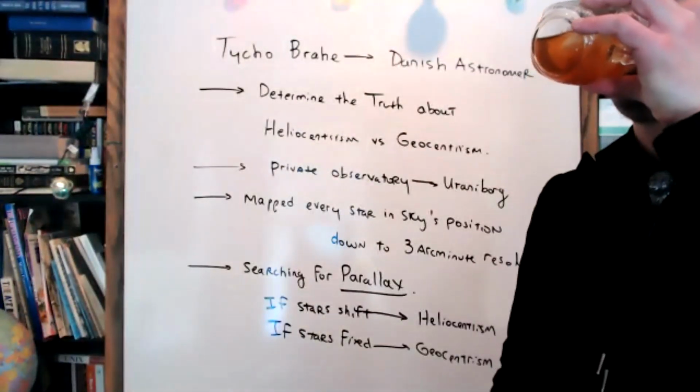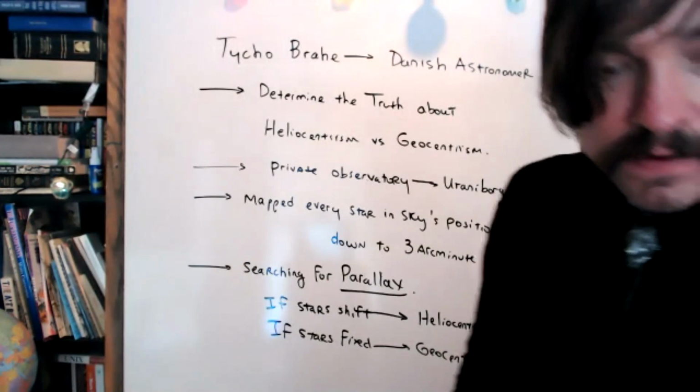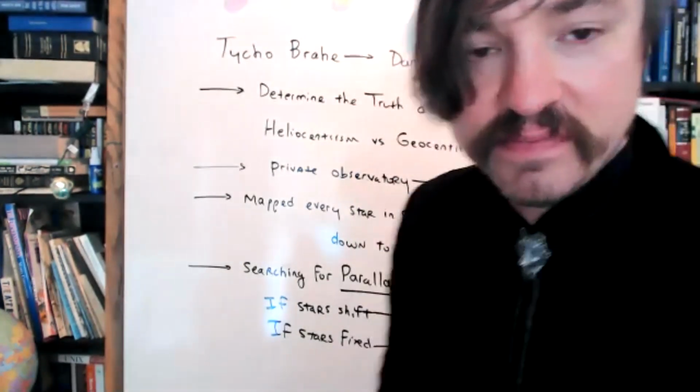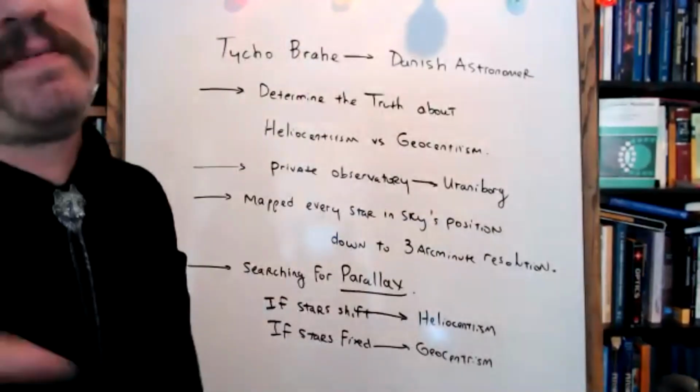Probably not. If they did, he probably wouldn't be able to see it with his naked eye. No way. The star closest to us is known as Alpha Centauri. Its parallax shift is the biggest of any star in the sky, and it's 0.75 arc seconds. So there's no way he was ever going to find parallax.